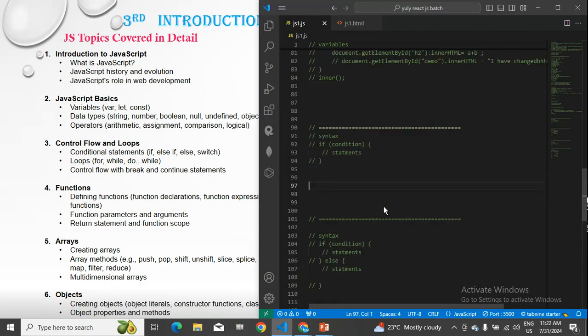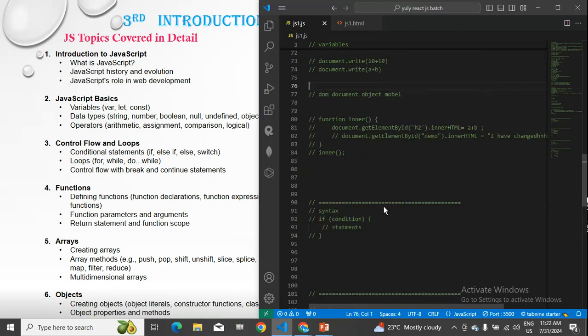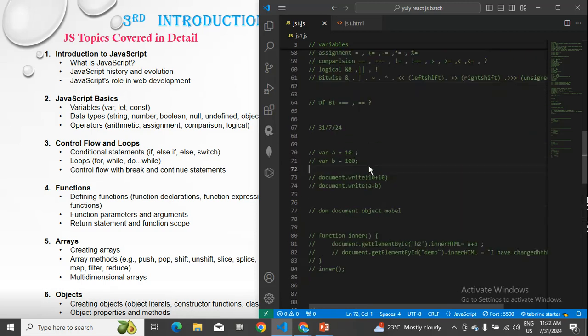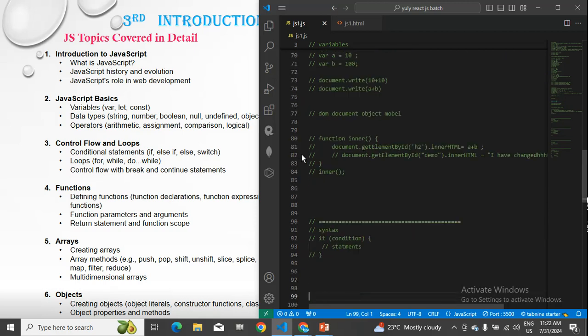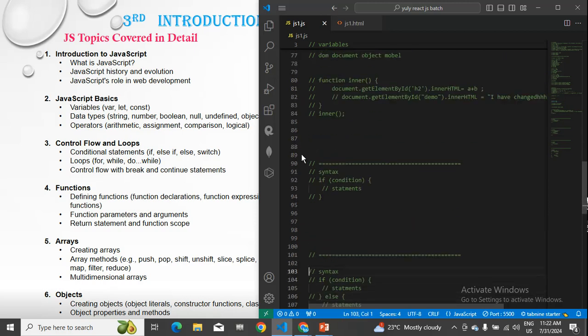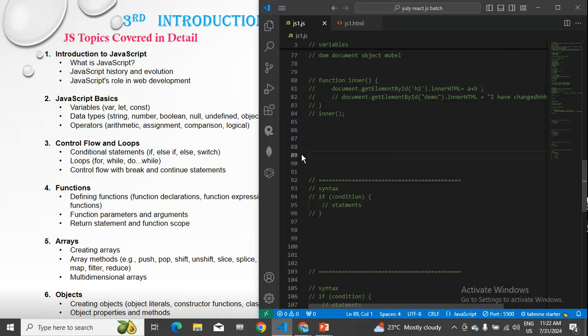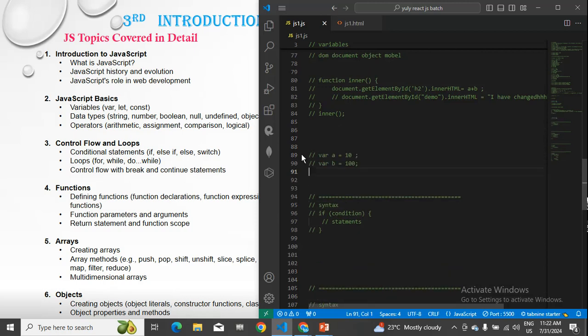So for that I'll just copy both the things, that is the a and b variable, and I'll just write over here. So if statement is nothing but,